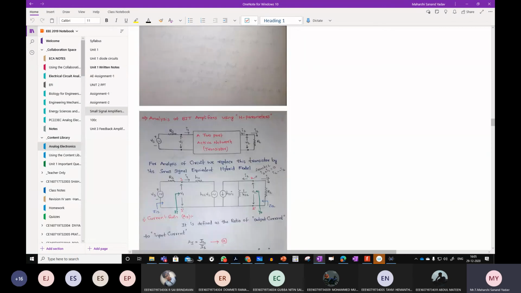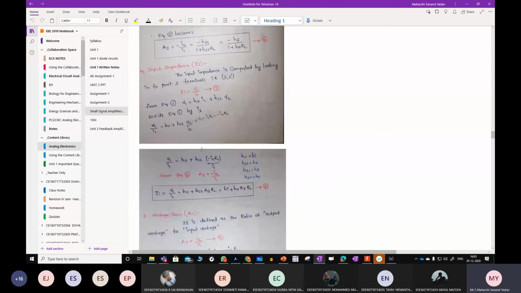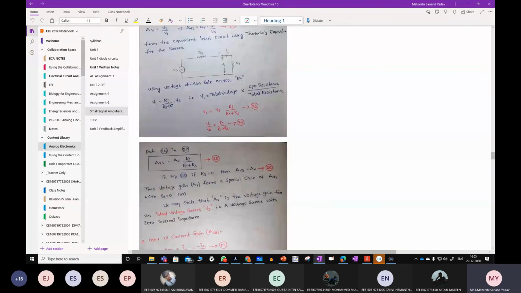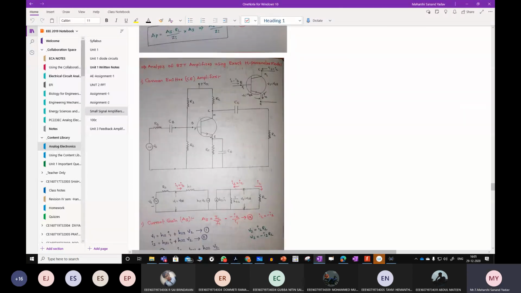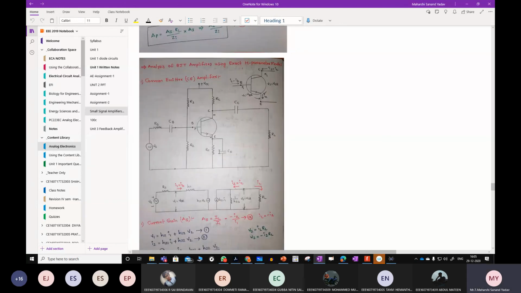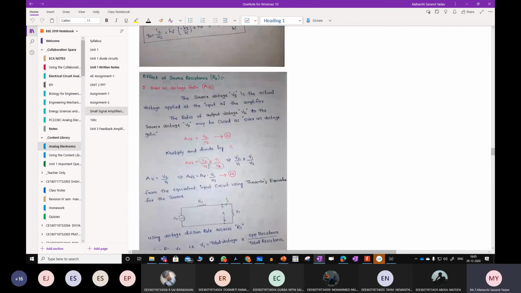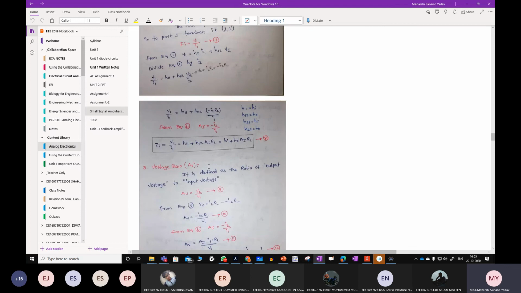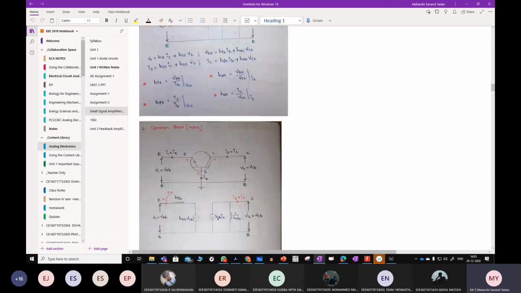Better you go with NPN only. Next, this is the analysis part, which we have to see. In the next session, we shall derive this one. All the 8 to 10 parameters will be there. And this is your task: common emitter configuration. See, this is the diagram. I will explain you in tomorrow's class, all these concepts, the analysis of BJT amplifier using the H parameter model. So at least be perfect till H parameters, like what is H11, H12, H21 and H22, by next session, so that we can finish the syllabus as soon as possible.